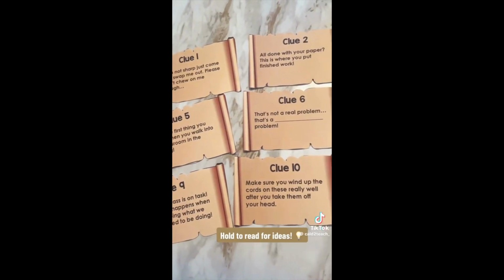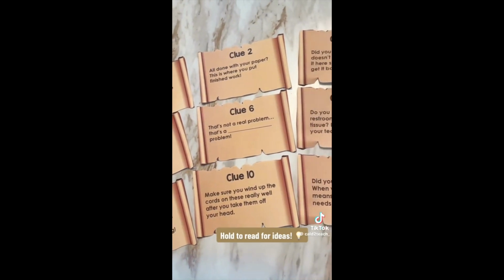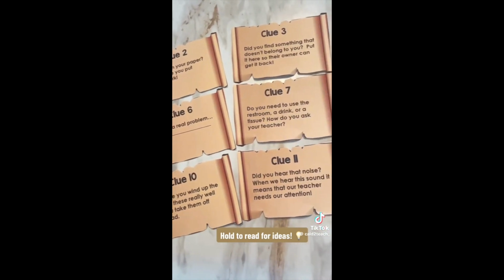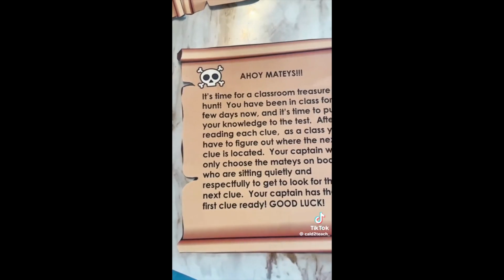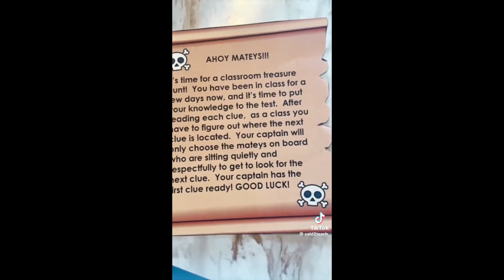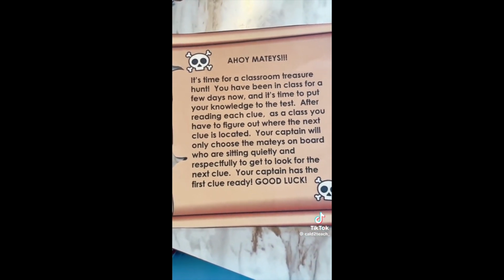I like to keep my clues very simple just because I don't want to take away from the whole point of the activity, which is to review procedures. So it just goes in order, taking them around the classroom about different things that they've learned the past few days. I start by showing them this welcome letter, and I usually have someone in my building run it into my classroom